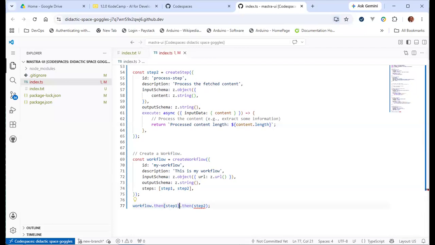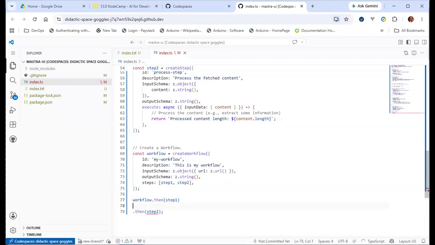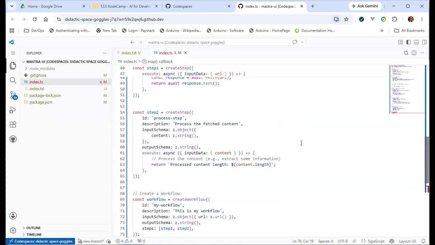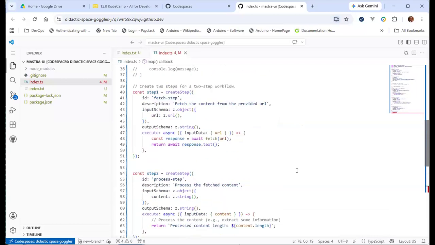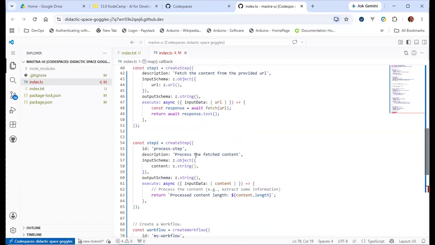So the way to polish it is just like what we normally do with JavaScript. Use map and result. So remember the result from step 1 is just a string. If we look at this, step 1 just gave us a simple response or text that is a string. And it's even in the output schema, here's a string.